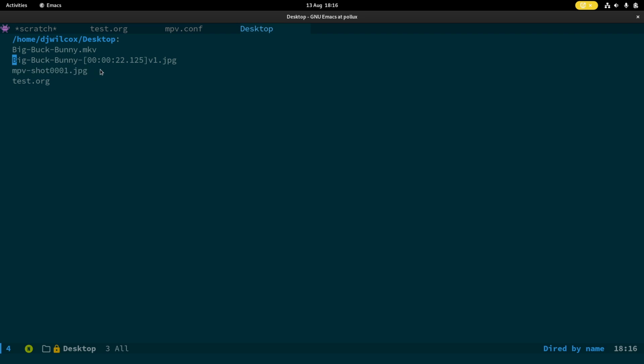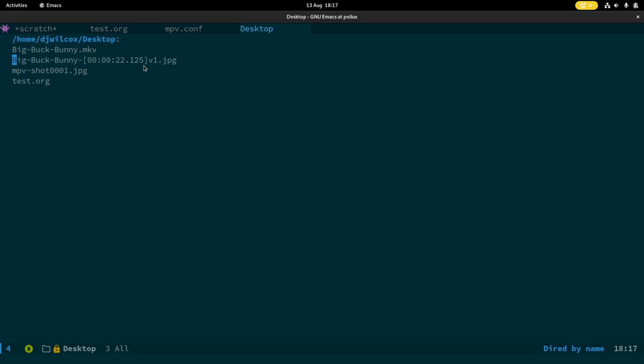especially as I said, if you were going through processing a load of different videos, like that whole directory of Laurel and Hardy videos. The issue is you wouldn't know which videos any of the screenshots related to, whereas this way you can see what it's related to and the exact point in the video. You can copy that time code and jump to that time code from within Emacs. So that's